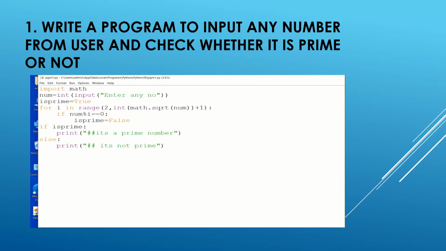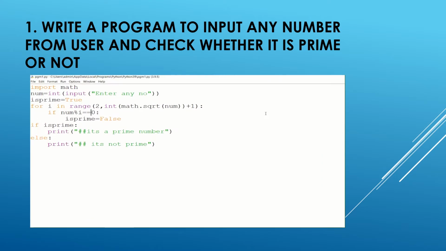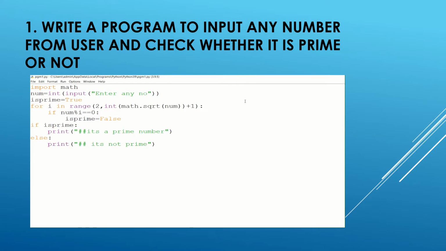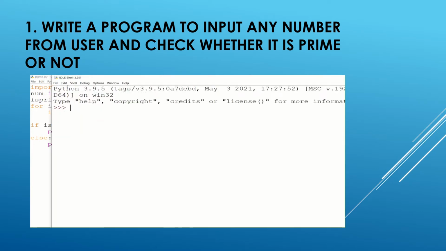Okay, and then we have set a value is_prime equal to True, and if the remainder is equal to 0, it means it is having multiples, right? So next we will be checking if it is prime, then it is a prime number, else it is not a prime number. So 12 is a multiple of different numbers. 2 is there, 3 is there, 6 is there, all those are the multiples. So 12 cannot be a prime number.